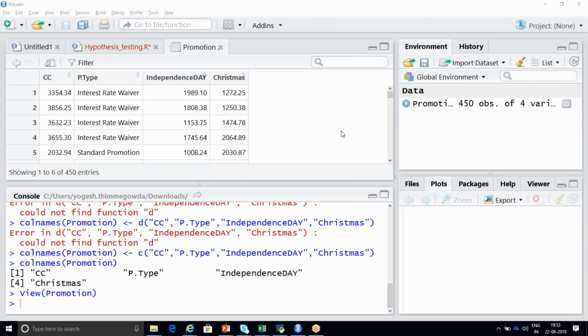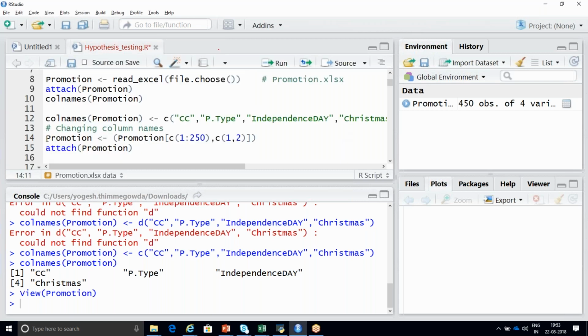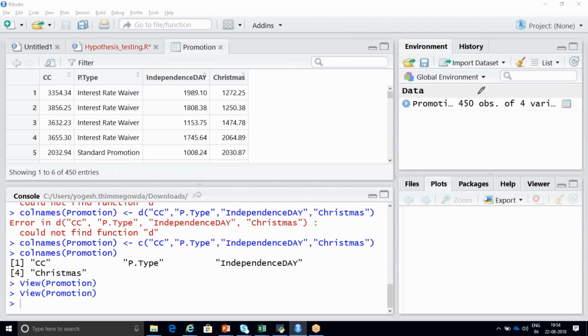Now, what is this? What I'm doing here? Promotion, line number 14. What am I doing here? Ratnesh, I'll come to that point. See, it is 250 passing plus the 250 is values. Ratnesh is having a doubt. So 250 plus 250 should be 500. But why are we getting 450 here?